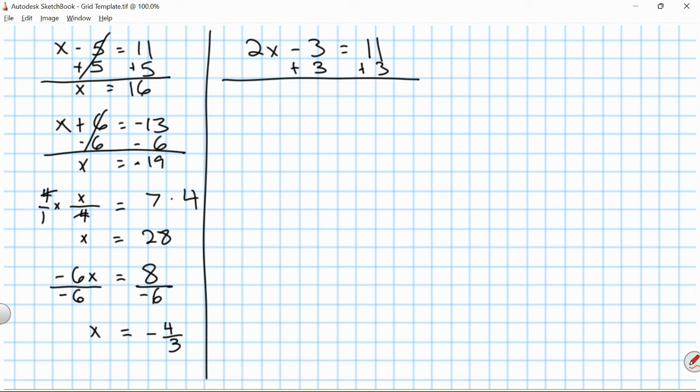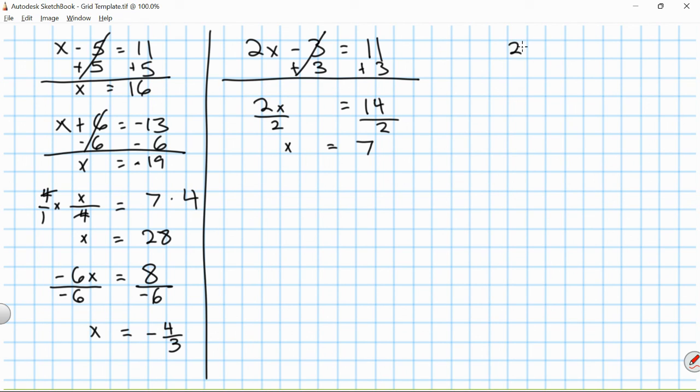And what happens to both sides of this equation? Well, can I add? Is this 5x now? No, because adding 3 is not a like term. It only cancels out the negative 3. 2x is equal to, and this cancels, 11 plus 3, which is 14. Now what do we do? Divide by 2. That's right, for both sides. And x is equal to 14 over 2, which is 7. Now, you could start this problem off